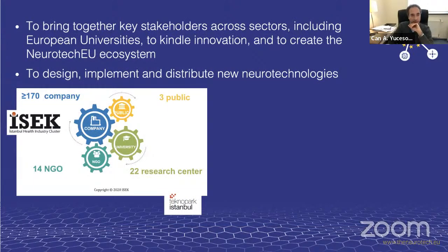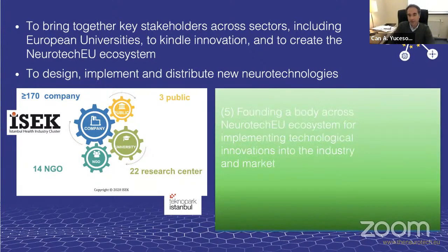The two other bodies to build are actually, one of them is NeurICO, as you may have heard or at least read in the introductory slide for this event. That is a body across the NeurotechEU ecosystem, and it has 8 founding members, partners, one of which is Boğaziçi University, but there is a 9th one, which joined recently, and there's going to be a 10th one, which will join soon. One aim of having another partner is that we have Oxford in the team, but because of Brexit, you know, there may be some technical problems. So to be on the safe side, we'll have 10 partners